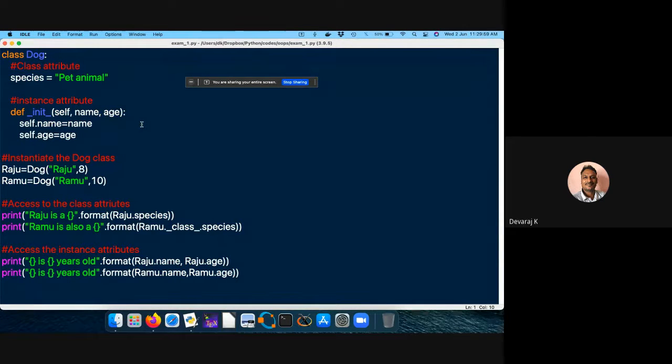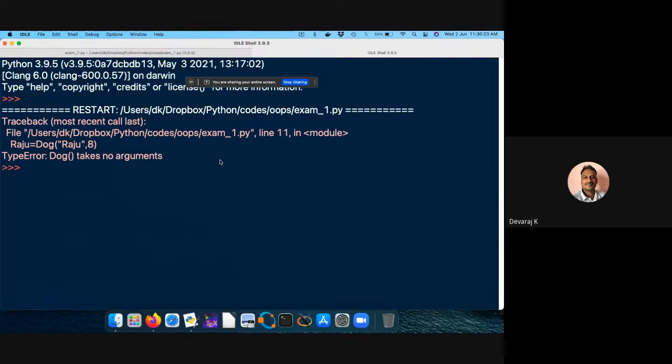Okay, where did I make a mistake? So Raju is equal to Ramu is equal to dog. Okay, everything is fine. So this is also fine. Dot format. So is this the problem? Raju dog.